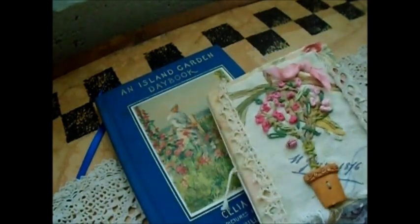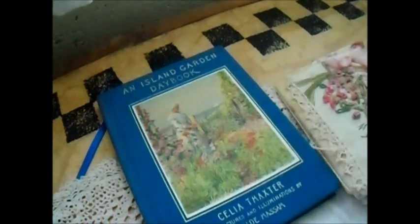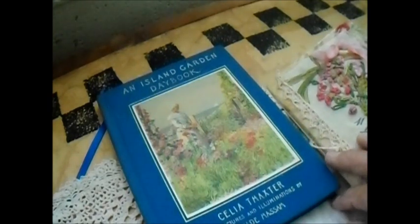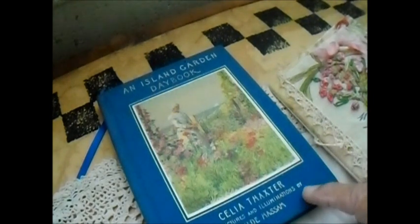The project I'm going to show you now took about a month or maybe a little bit longer, and it was inspired by the gardens of Celia Thaxter. She lived in the late 1800s off the coast of Maine, the Isles of Shoals they were called, where they lived. Her father for a while kept the lighthouse there, and then they had a guest house, and the story is wonderful. The illustrations were part of what intrigued me because I love watercolor, and they were by Childe